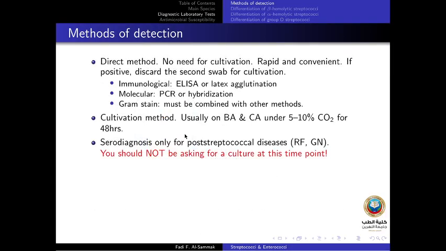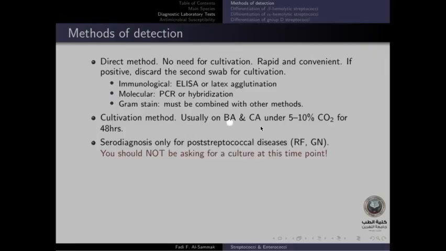Now, in case that we have post-streptococcal diseases, which, as you maybe remember from the theory lectures, are caused by an autoimmune reaction. It's because of the antibodies raised against the Streptococcus antigen, the M protein antigen, but also because of similarity in structure with antigens in the heart muscle in case of rheumatic fever, or the basement membrane antigen in case of glomerulonephritis. So in this case, you are not going to ask for throat swab and culture,